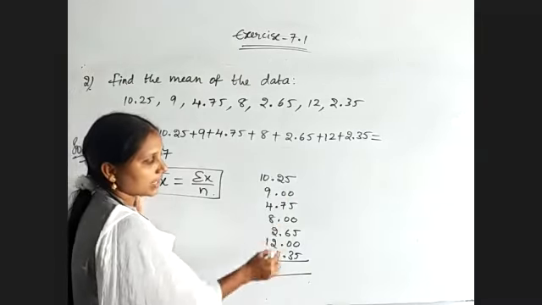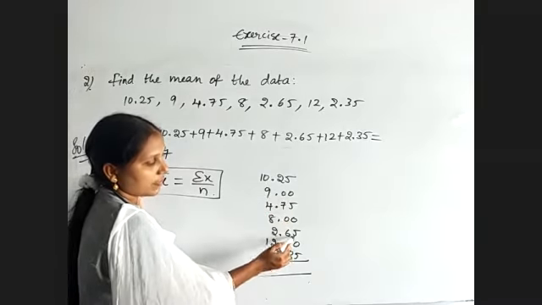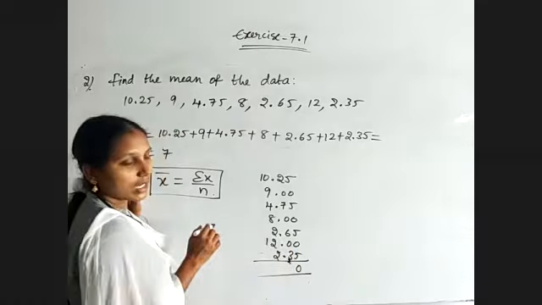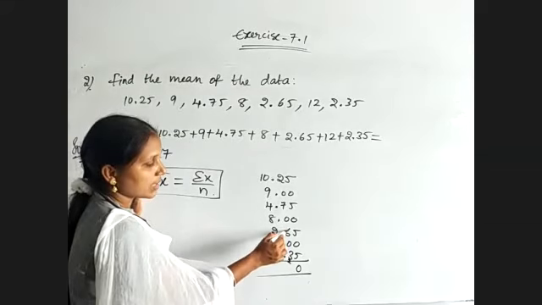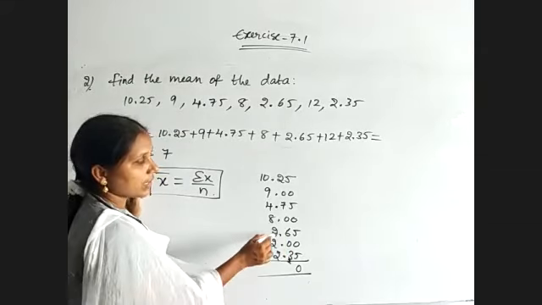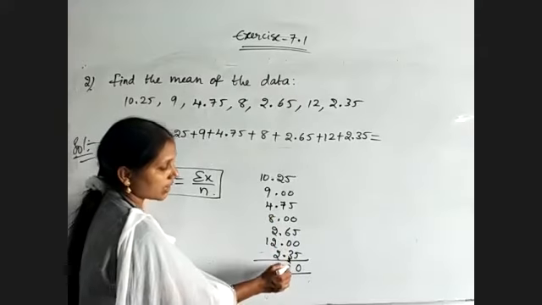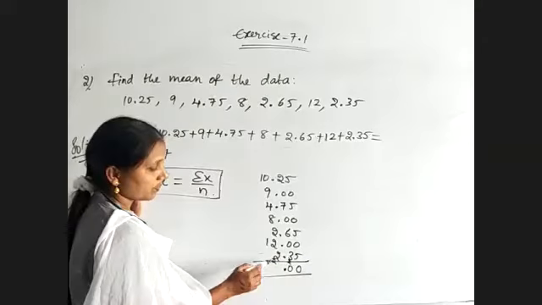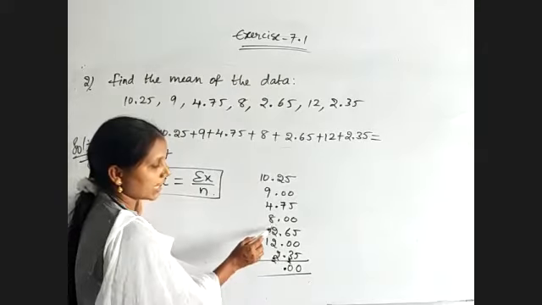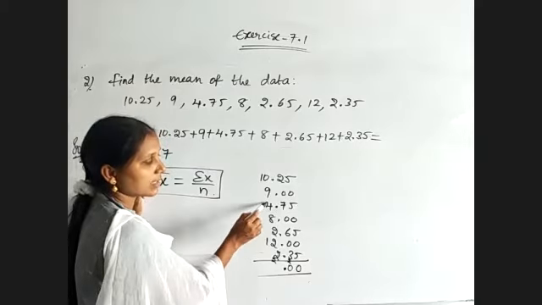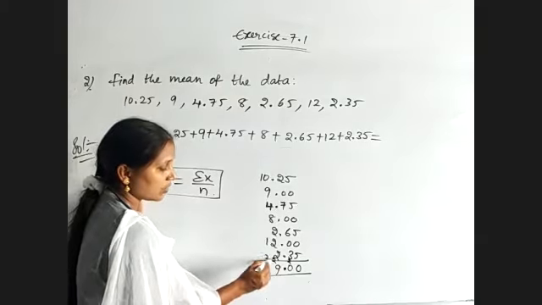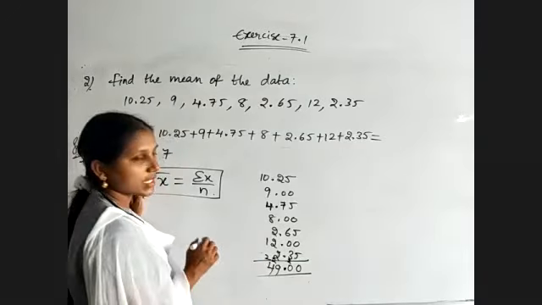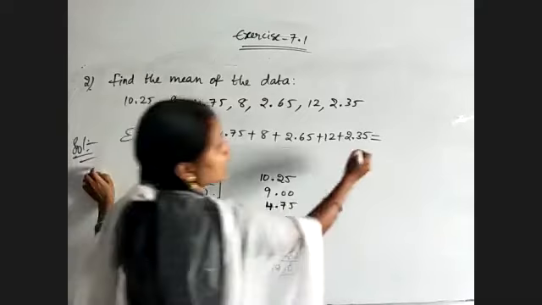Now coming to the addition: 5 plus 5, 10, 10 plus 5, 15, 15 plus 5, 20, so 0 we get and 2 is carried. 2 plus 3 is 5, 5 plus 6 is 11, 11 plus 7 is 18, 18 plus 2 is 20. 2 plus 2, 4, then 1, 2, 3, 4; 4 to the 8, 8 plus 8, 16, 16 plus 4, 20, 20 plus 9, 29. 2 is carried. 2 plus 1, 3, 3 plus 1, 4, 49.00 we got. So that is nothing but 49 itself.